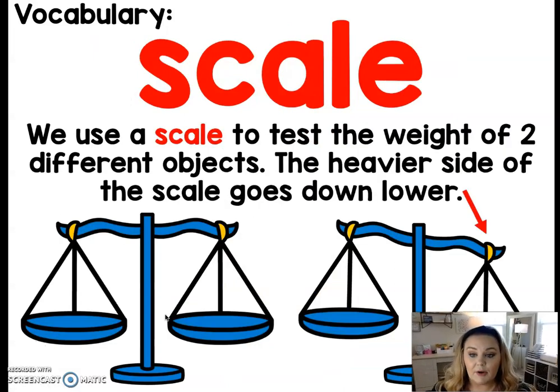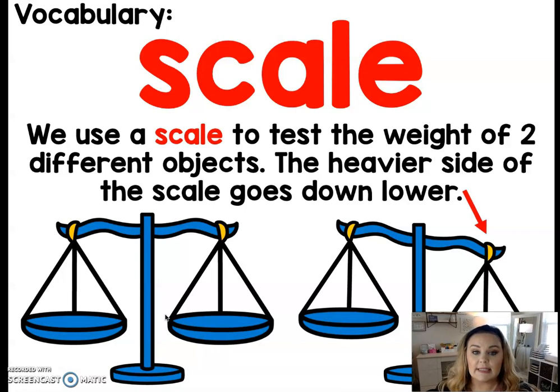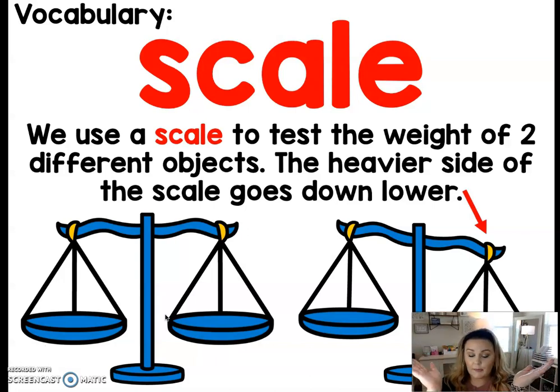For this vocabulary word, scale, we use a scale to test the weight of two different objects. The heavier side of the scale goes down lower. So again, you can picture your hands and pretend your hands are a scale, and whichever one is heavier, that side is going to go down lower. If the object in this hand is heavier, it's going to go down lower because it has more weight